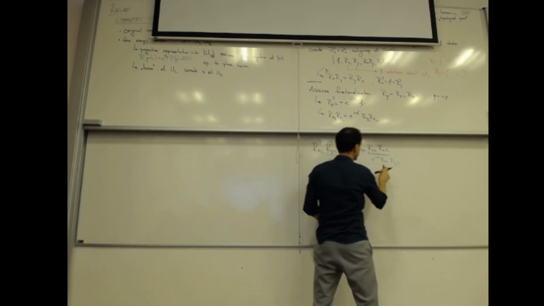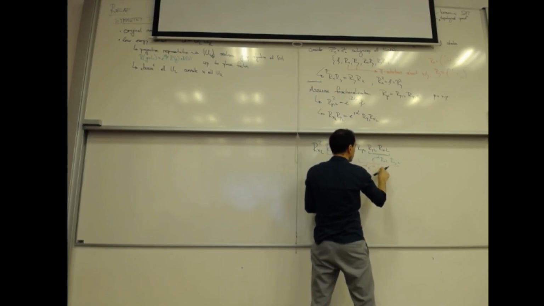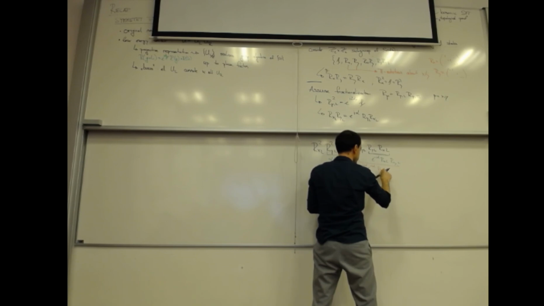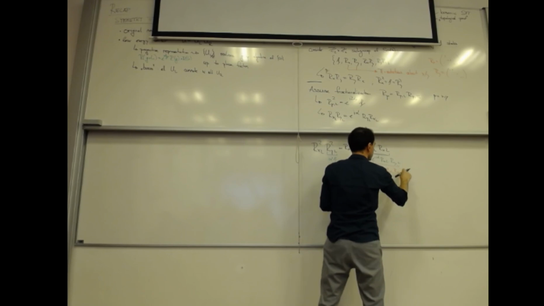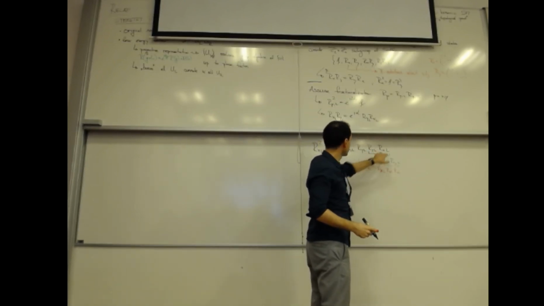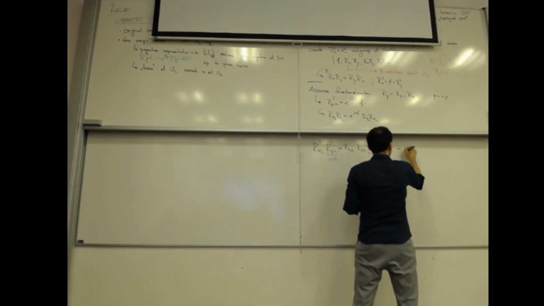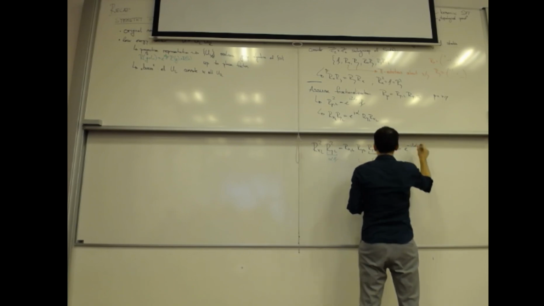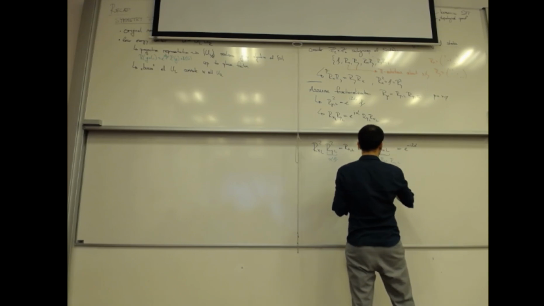Everything is under the red bracket. Now I have Ryl, Rxl. I do the same thing again: e to the minus i alpha. Then there's another e to the minus i alpha. Ryl, sorry, Rxl, Ryl, Ryl. I've just done it twice. There was yx here, and then there's yx after that. So in total I get e to the minus i 2 alpha. Then I get again my Rxl